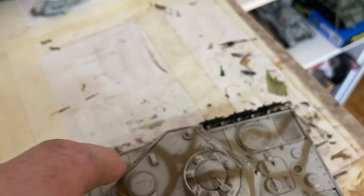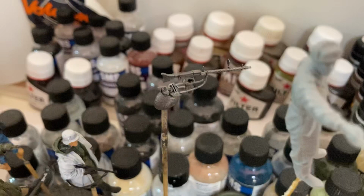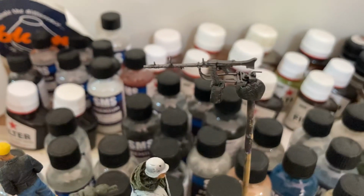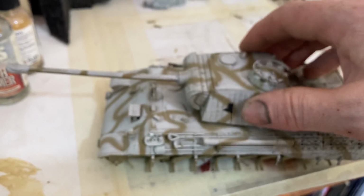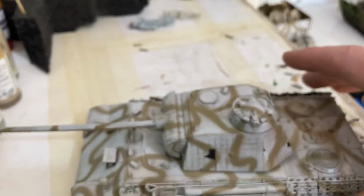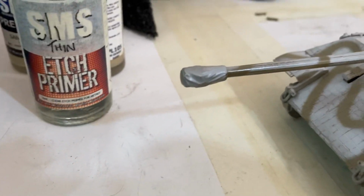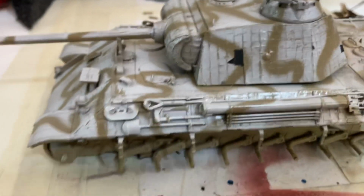And so we've got the MGs just there. So that got a little bit of silver. That's just got its first top coat, so a little bit of silver, a little bit of black, and I'll hand paint the rest. And then we'll put it on. But so I'm going to have it in a lock like that, and we've got this on, which is a real nice addition that Meng put in. When I saw that, I'm like, yeah, I'm putting that on straight away. So it's going to look pretty cool